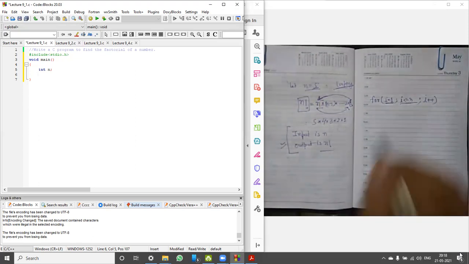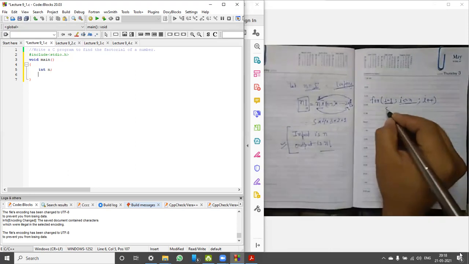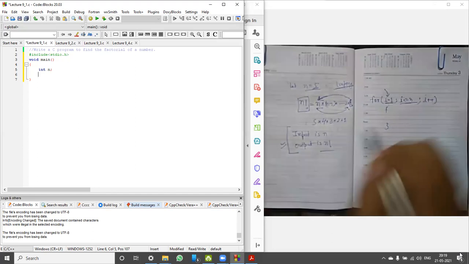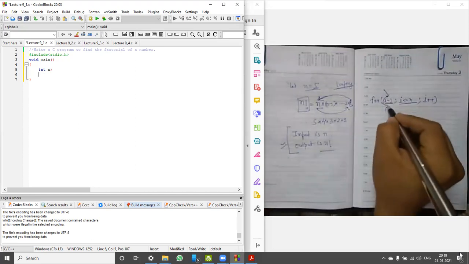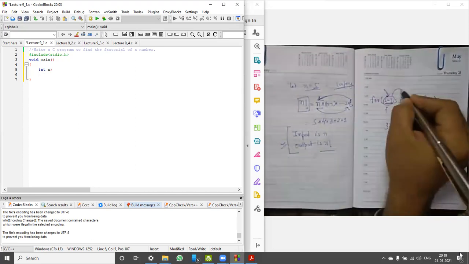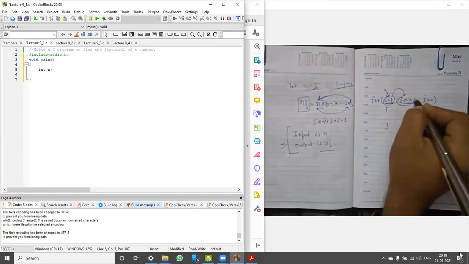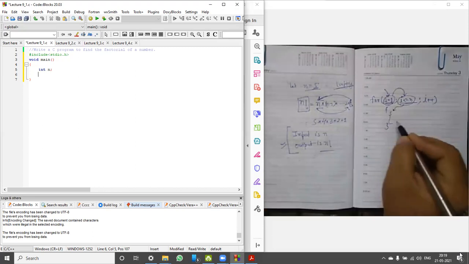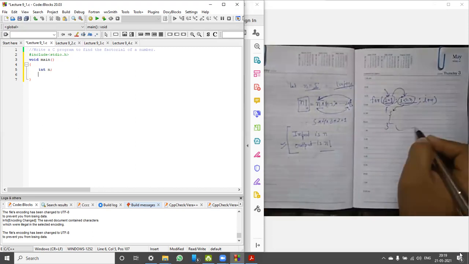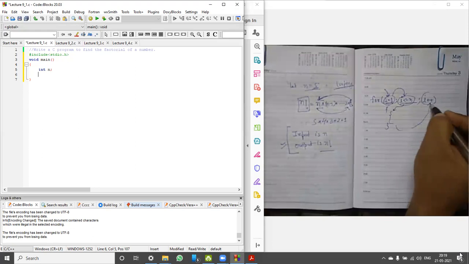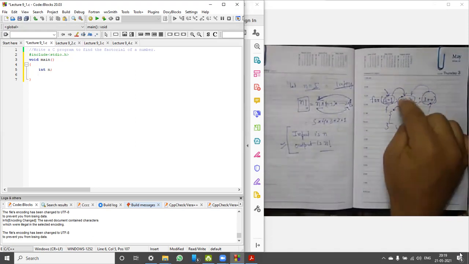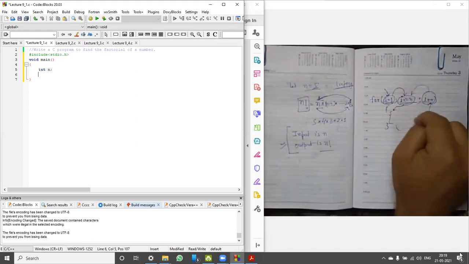After this I can do anything in this loop. It means first control will come here, then it will check this condition, then it will do whatever is in the body, then it will increment, and then this loop यहीं पर ही workout करता रहेगा. It will work out here.